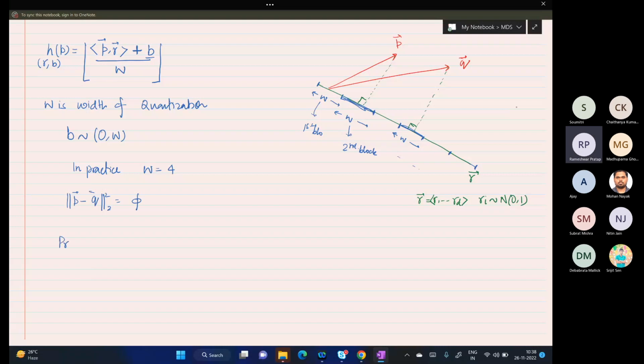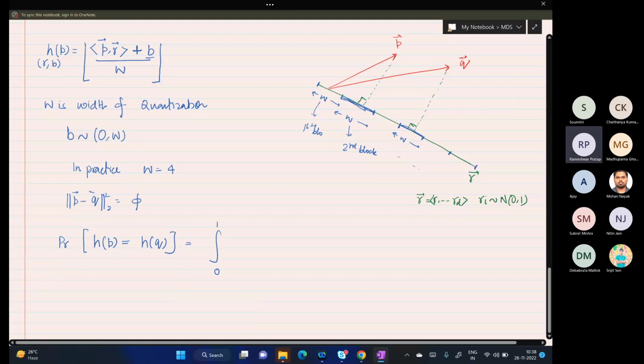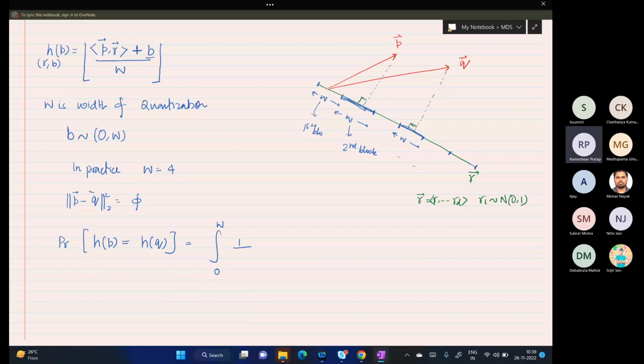Then the probability that HP is equal to HQ is not so straightforward, but not that involved either. It's the integral from 0 to W of 1 by phi, the distance. So it's inversely proportional to the distance,